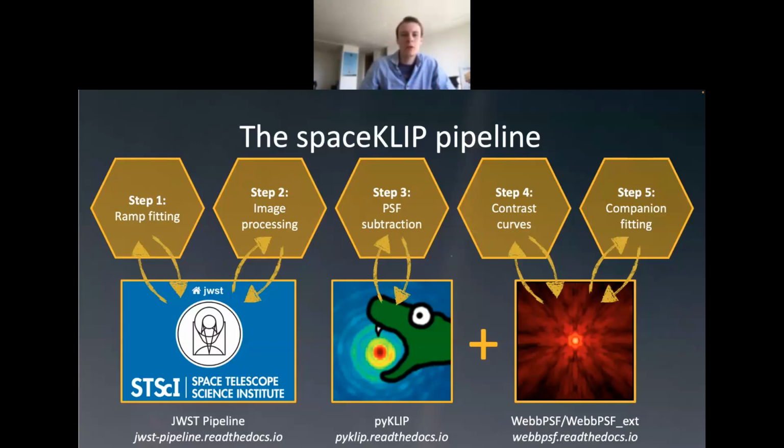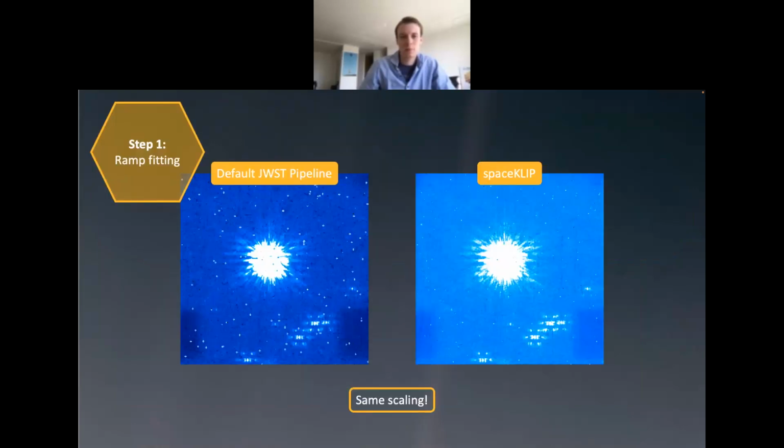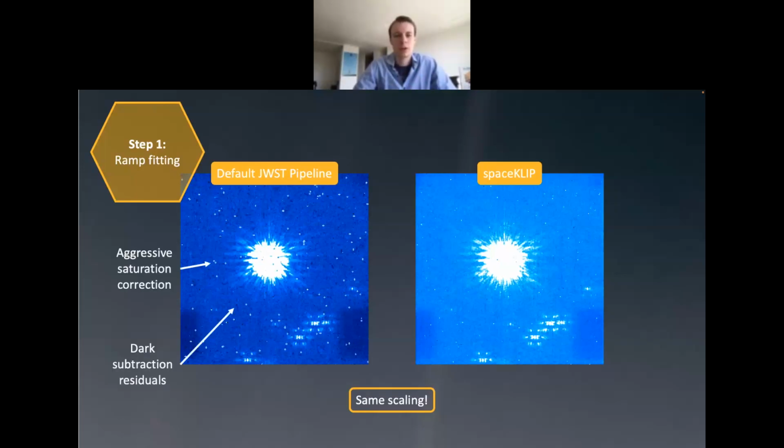All right, so I'm going to go quickly through all of these steps and show you what they do and what they do differently from the official pipeline. So the first step is the ramp fitting step, which is basically taking care of detector level calibration, such as the dark subtraction or jump detection, which is trying to find some hot pixels or cosmic rays in your images. You can see here a comparison between the default pipeline and the spaceKLIP pipeline in the same scaling. And what you can see here is that the default pipeline is using quite an aggressive saturation correction, which flags a lot of pixels as bad that are not actually bad, that we found can be used for the further